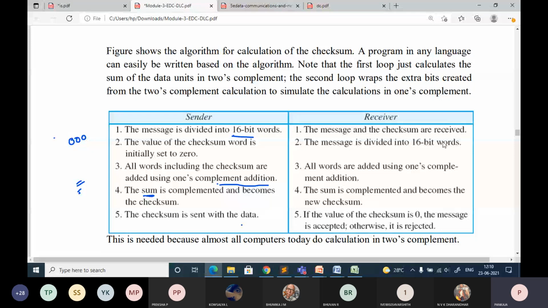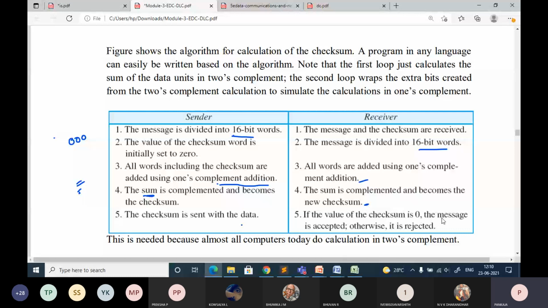All the words are added using one's complement addition. The sum is complemented and becomes the new checksum. If the new checksum value is 0, the message is accepted, otherwise it is rejected. So we'll try to solve one problem.